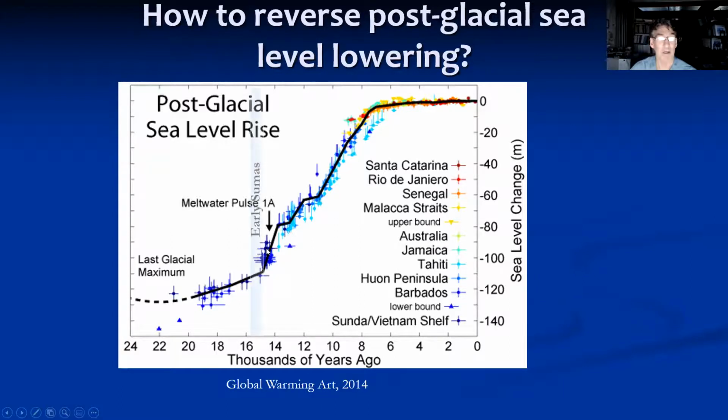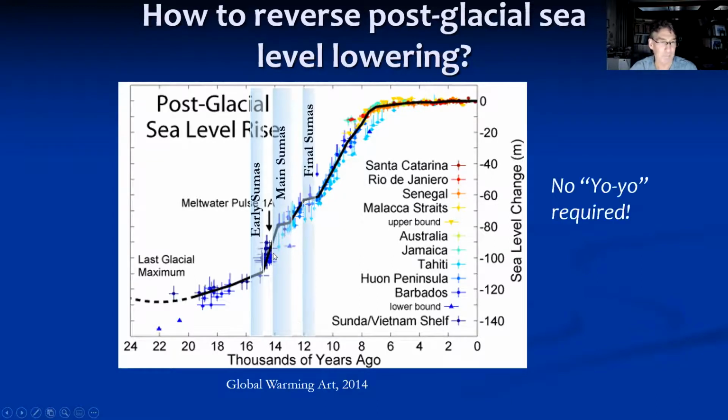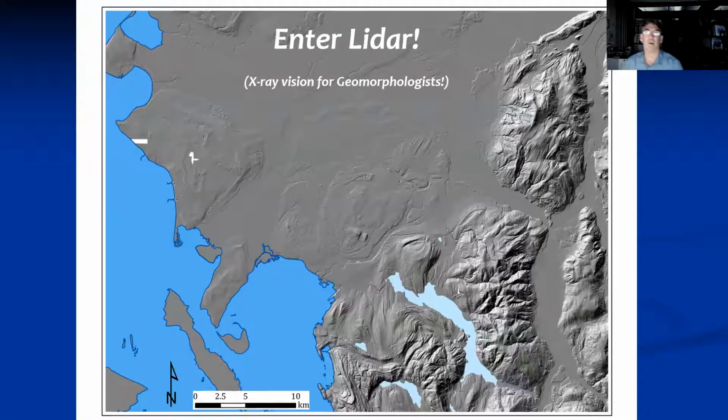And it happened right in the time frame based on our radiocarbon dating from that type Everson area, that right between two different glacier advances, that meltwater pulse came in. So could that be our explanation? The key thing here is that this explanation doesn't require a yo-yo. It just requires eustatic and isostatic uplift. Okay, so that's sort of addressing the stratigraphic arguments.